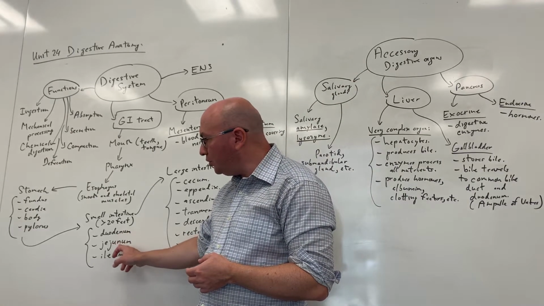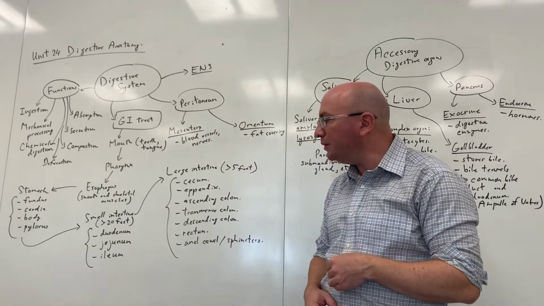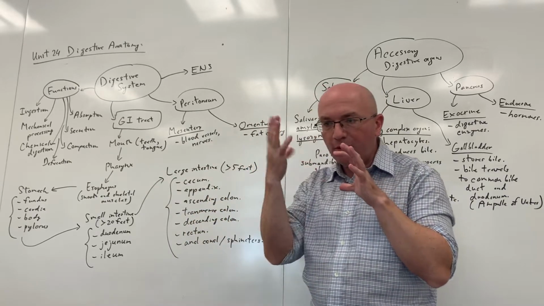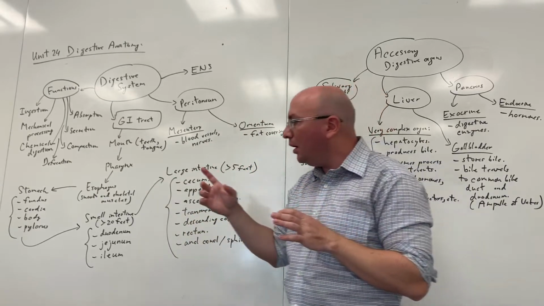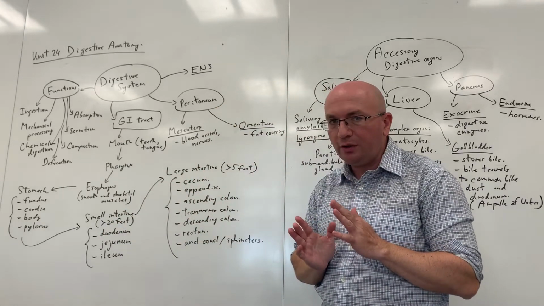Again, duodenum, jejunum, ileum, so in this order the food progresses through the small intestine. In comparison, the large intestine has a larger caliber and cross-sectional diameter, but is much shorter, at only around 5 feet